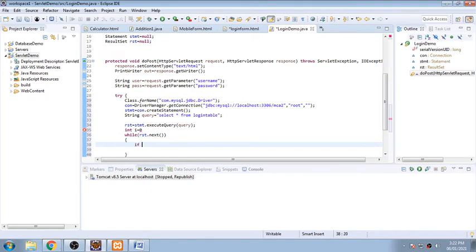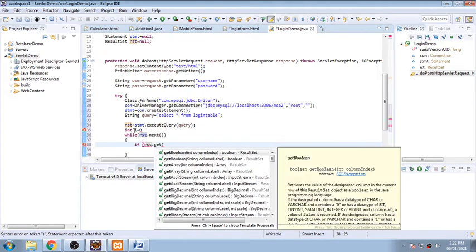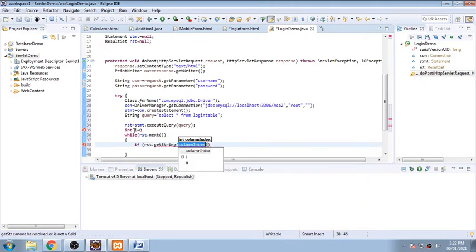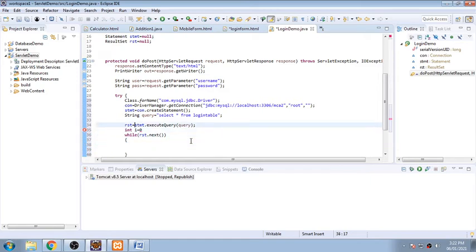So if rst.getString, first column. First what I'll do is fetch those things over here. I'll declare two variables, string u and string p.